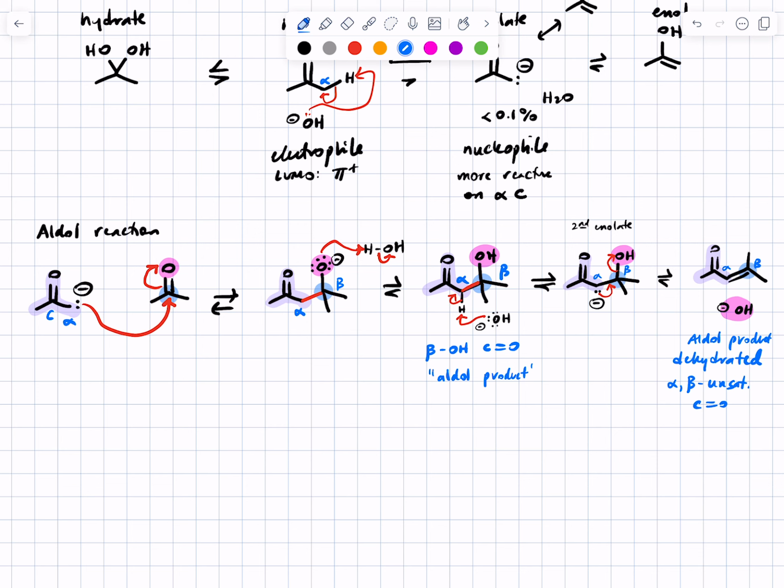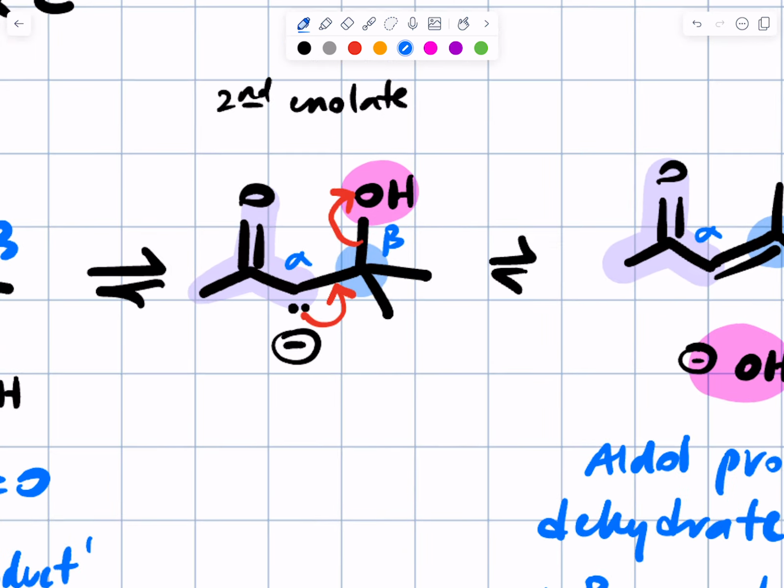In other reactions, we've had to convert that alcohol into a good leaving group by making it water, essentially. Why don't we have to do that here? Why is it possible for this to leave as OH minus? And the answer is,